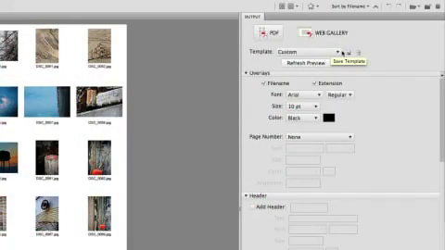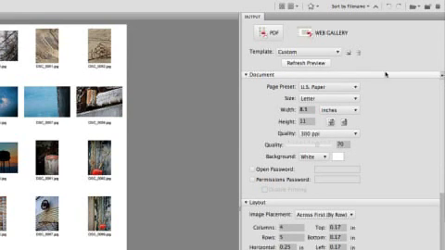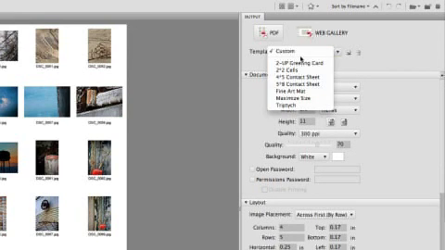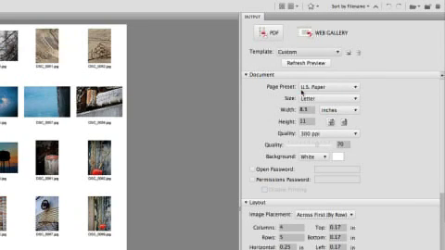If you want to make a slideshow, that's pretty straightforward as well. We can go ahead up here to the template and simply choose Fine Art Matte. Choose a paper size and specify that we want one image on the page. I'll go ahead and click Preview,